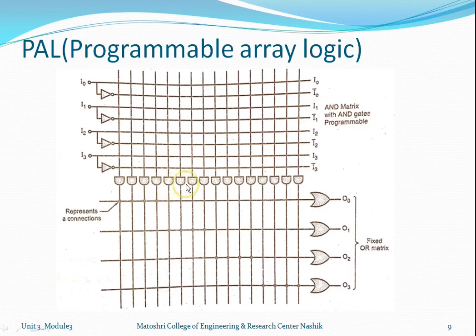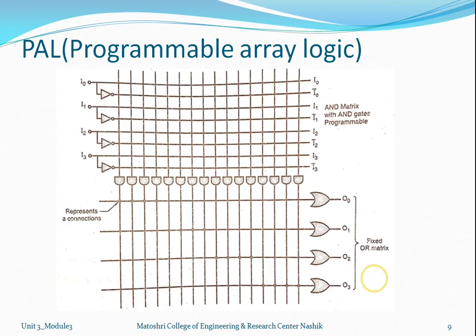Now the second 4 AND gates generate the output, so it is indicated by this dot line, the solid circle line, and this becomes the input of this second OR gate. Similarly, the next 4 AND gates are programmed, and accordingly the output is available for this third OR gate. And the input and output circuits